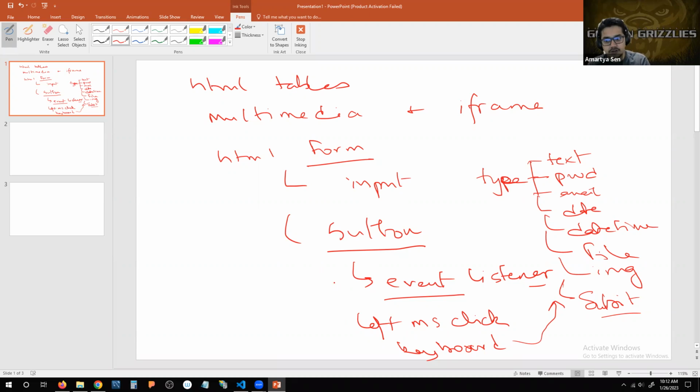To do this event listener, we essentially need to know how to write JavaScript, so we can actually perform these event listener options. There is an alternative to using JavaScript when it comes to capturing events. For example, there is an HTML attribute called onClick. In onClick, you can specify, just as you have been specifying type text, type password. You can specify after a button element onClick, and then you can perform some sort of script-based action. But as far as HTML and JavaScript are concerned,